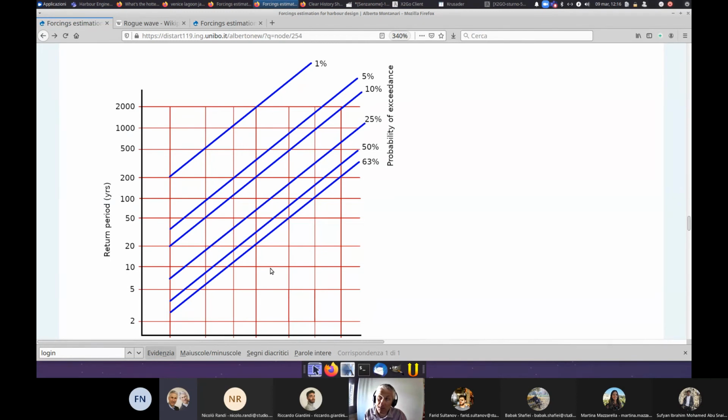It's not a main problem because the berth structure is already sized for wind forces that usually are very relevant. As I mentioned before, usually you can tolerate the design of the wave forcing with a lifetime for the berth of 50 years, and you take a return period that is comparable to that. You can tolerate a probability of 63% that during the lifetime of the berth you get a similar wave height,